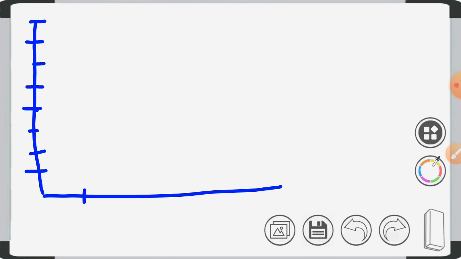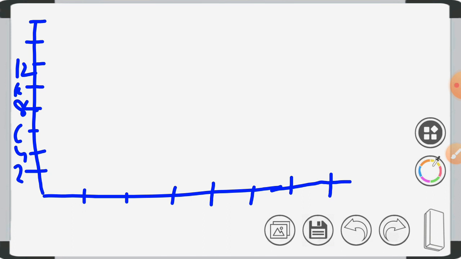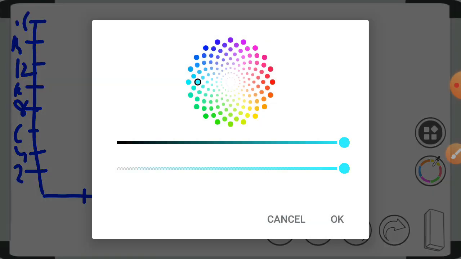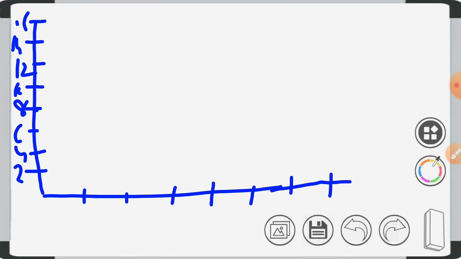Okay, 10, 20, 30, 40, 50, 60 and 70. So the first one, how much? 2, 4, 6, 8, 10, 12, 14, 16. Okay, so here we can draw the first one, how much? 5. So 5, then how much? 7, then